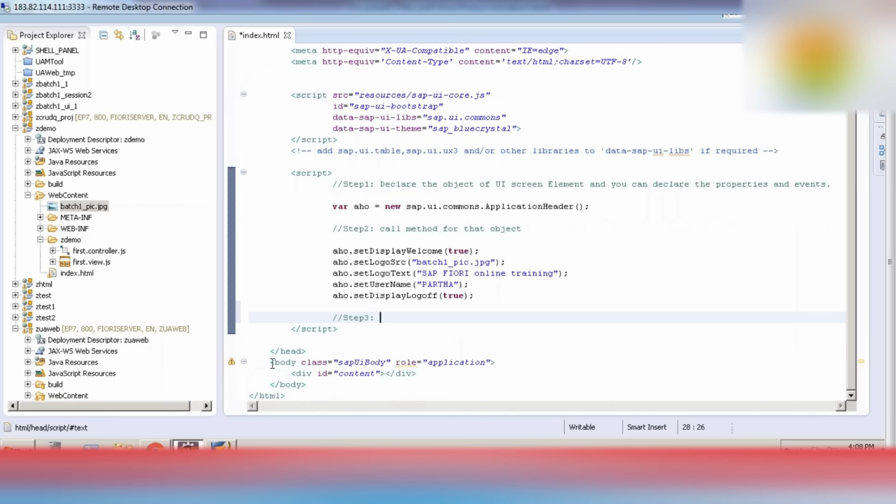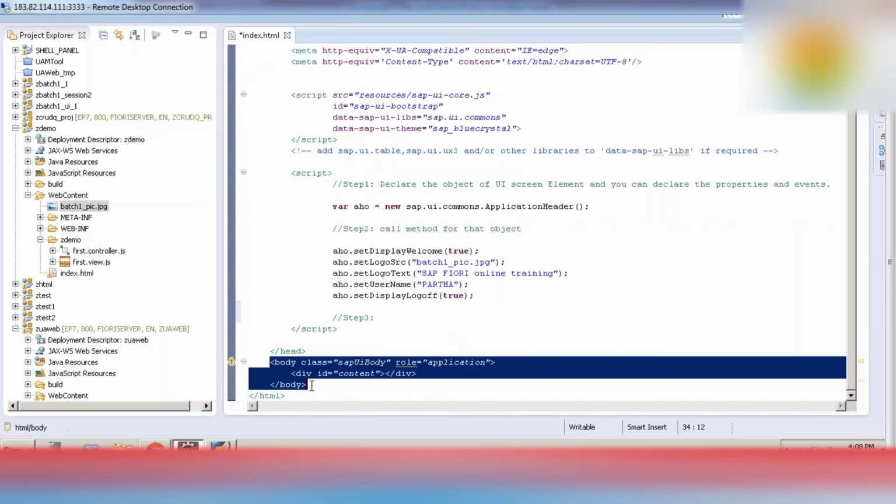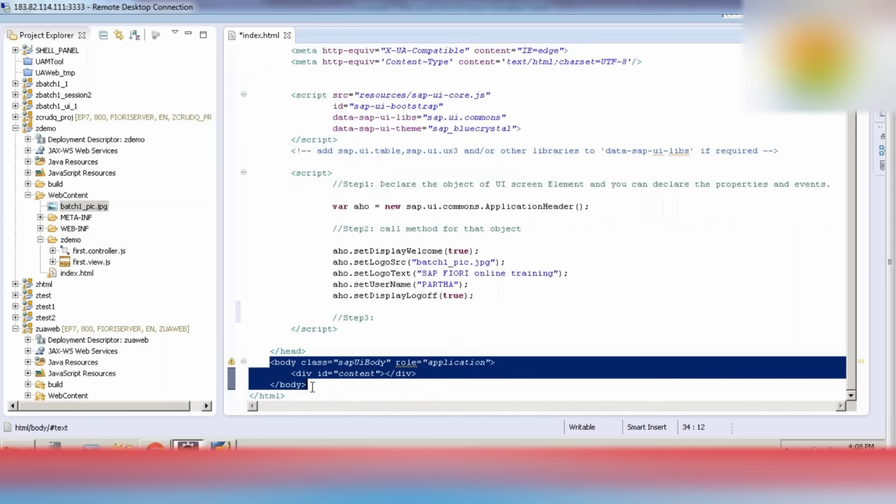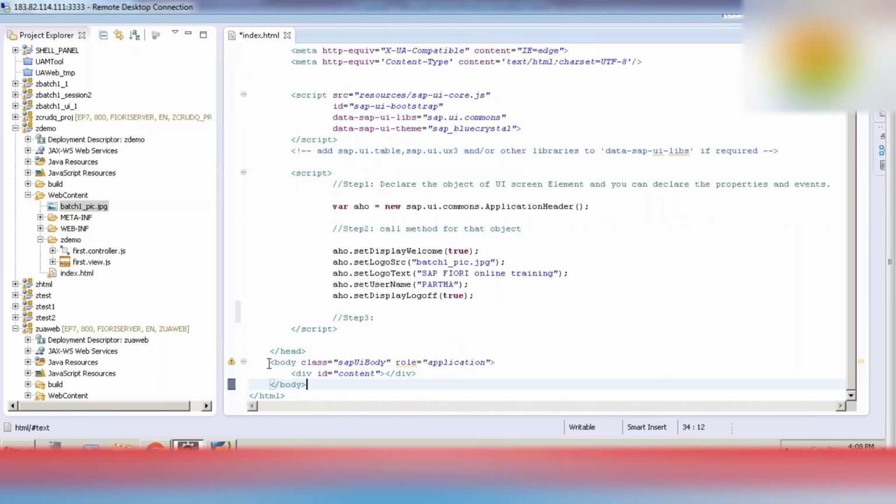All the things you see in the browser come under the body part of HTML. So now I can place the UI object on some HTML content area.